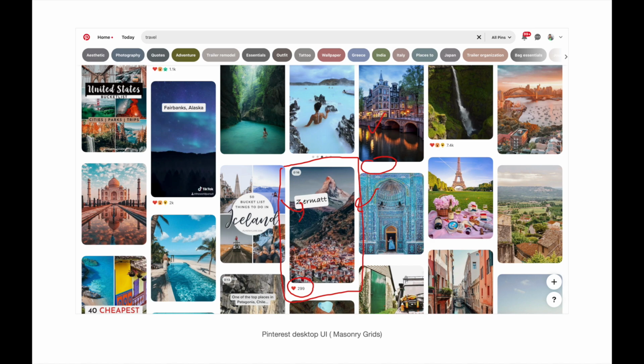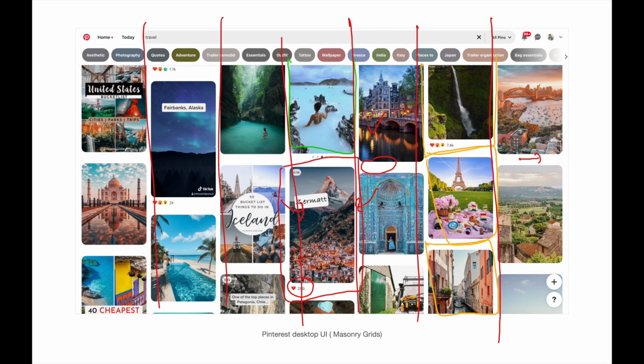And what happens is if I take this card and stack all these cards one on top of each other, we will be creating our columns, right? And when we replicate these columns in the horizontal direction, we'll get our entire layout. So pretty fantastic. Just using one card, we first create columns, and then using those columns we create the entire layout.